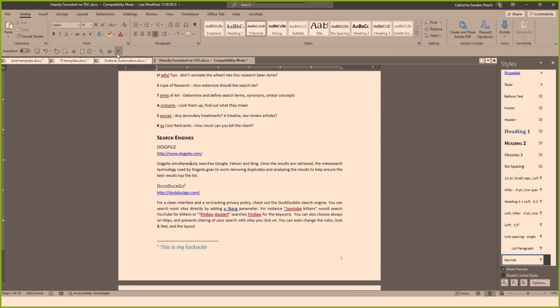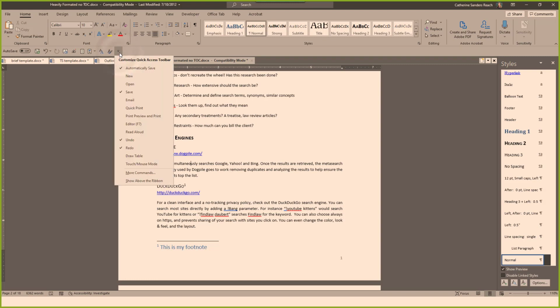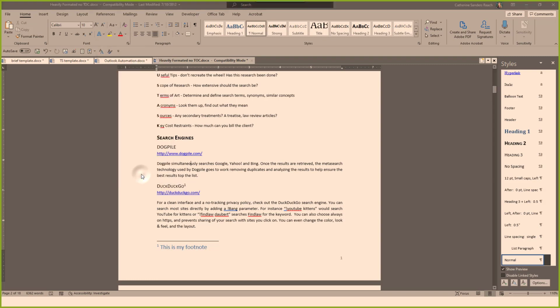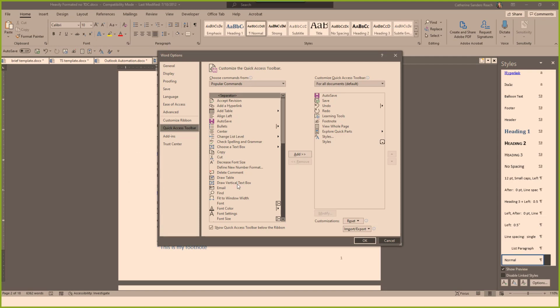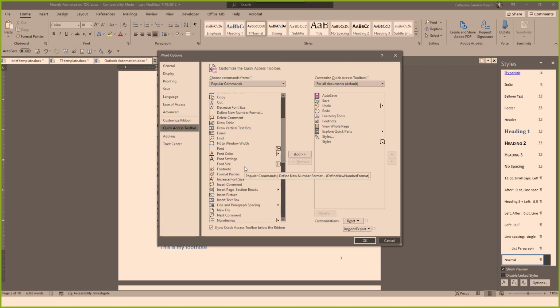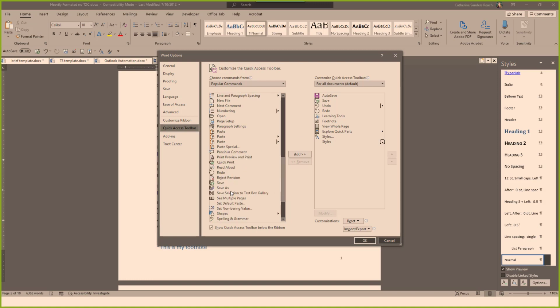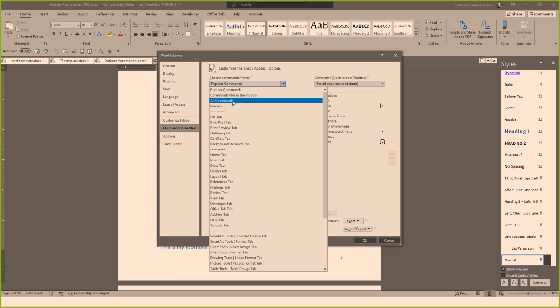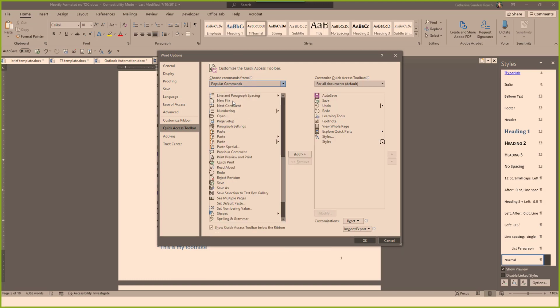But if you want to add that Reveal Formatting, that takes a little bit more effort. So you can customize the Quick Access Toolbar by clicking on this arrow here, and then More Commands. And then it only shows you popular commands. And we know that was Reveal Formatting, that box that opened up. And if we scroll through, we don't see Reveal Formatting. So this is one of those funny little Microsoft things. It only shows you popular commands. I want to see all commands. Once I show all commands, then I can scroll down